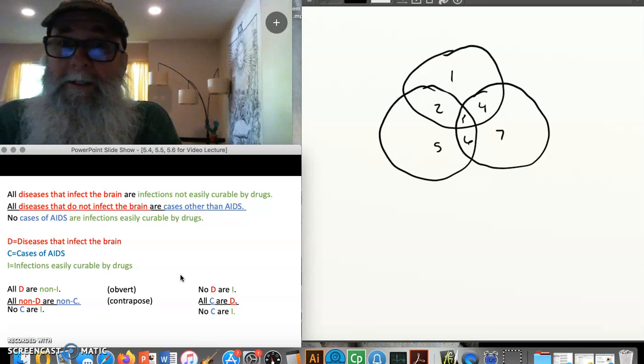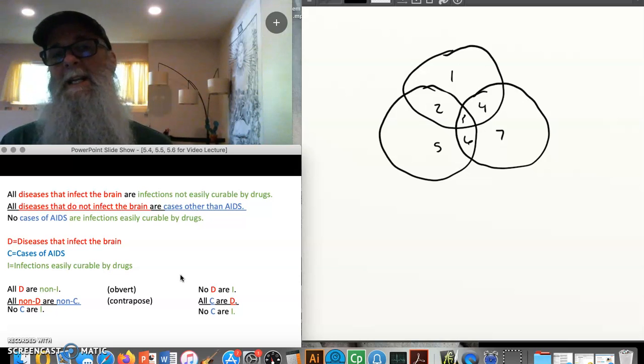Rule number 2 says that if there's anything distributed in the conclusion, it also has to be distributed in the premise. And in the conclusion, I have C distributed and I distributed. Both terms are distributed because E claims distribute both the subject and the predicate. So C is distributed in that second premise, so that's good, and I is distributed in the first premise. So I've passed rule number 2.